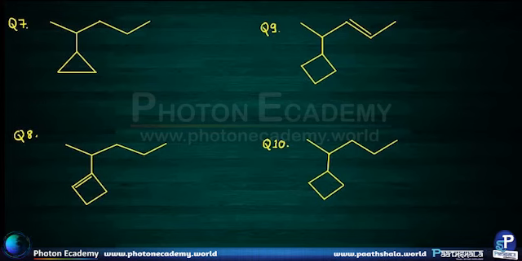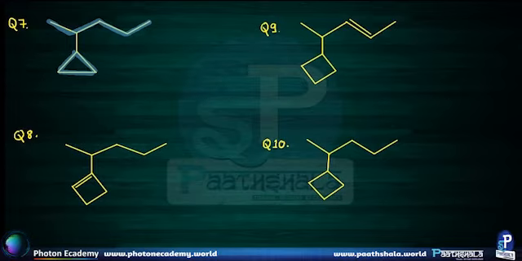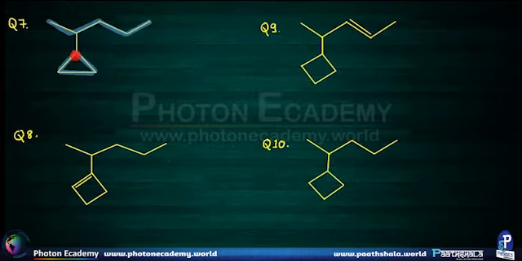Question number 7 is a trickier problem. There are 2 possible chains over here. The first chain possible is this, and the second possible chain is this. So we will stick to our fundamental rule that the correct main chain is the chain having maximum number of carbon atoms in it. If we go for the open chain, there are 5 carbon atoms in this chain, and if we go for the cyclic ring, there are 3 carbon atoms. Hence, our correct main chain is this only and not the cyclic ring.